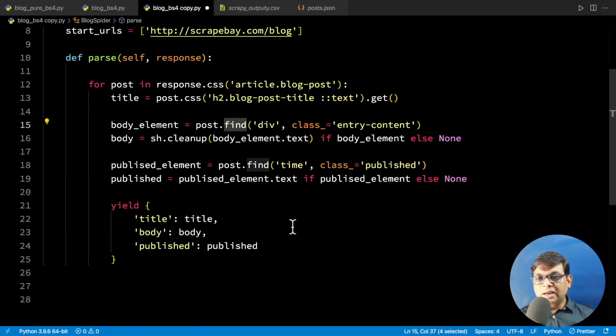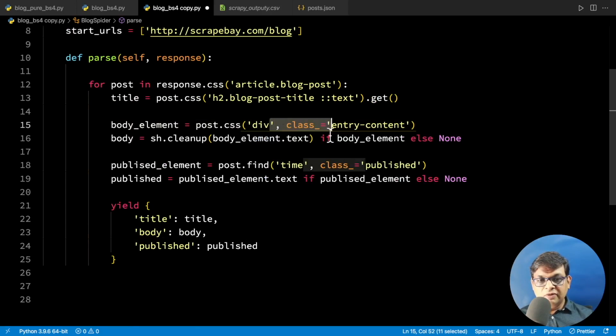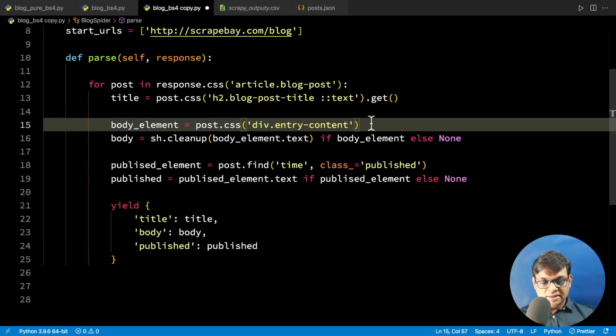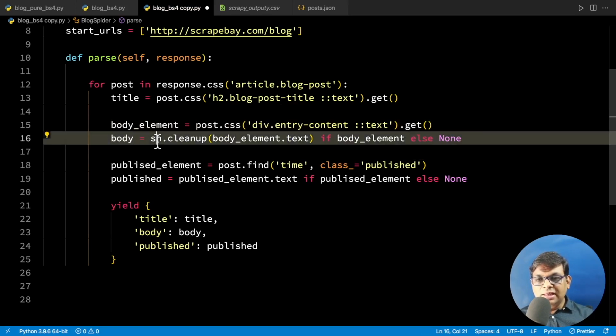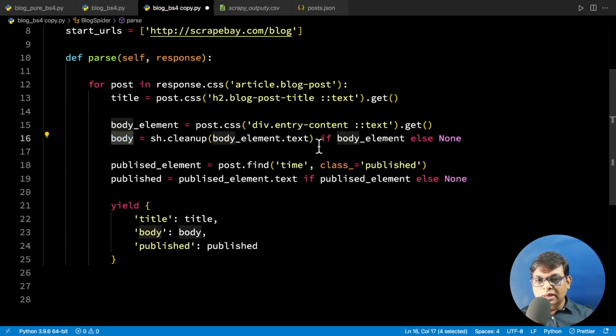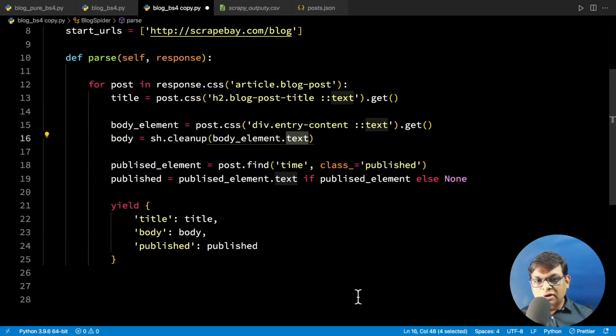Similarly, we can use post.css, and very easily we can convert this into this. We can extract the text with get. Now here we still need to call the cleanup because it's not going to do cleanup. So let's do cleanup, and it's already text, right?